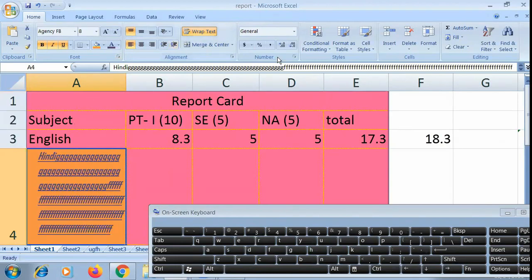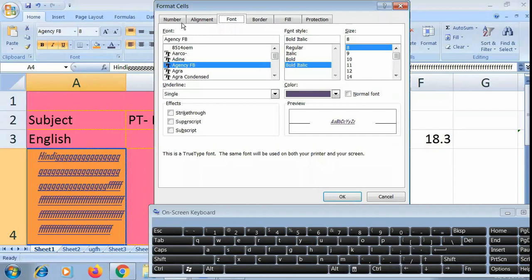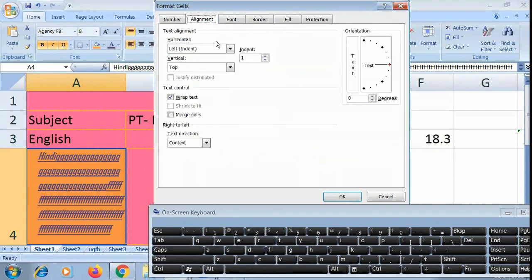Shrink to fit option is given. Where is it given? Here it is given. Text wrapping is here, the Shrink to fit option.